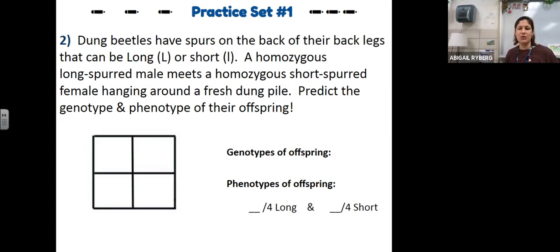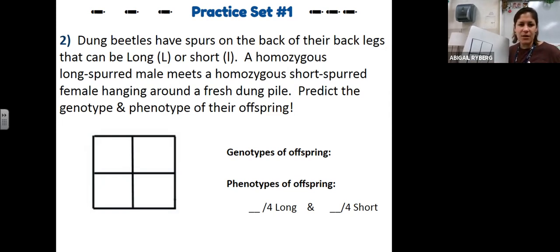Dung beetles have spurs on the back of their back legs that can be long, big L, or short, little l. A homozygous long-spurred male meets a homozygous short-spurred female hanging around a fresh dung pile. Predict the genotype and phenotype of their offspring. So again, I'm going to make my Punnett square. And I intentionally chose the letter L. Some letters are harder to use in Punnett squares than others, and you just have to be smart about it. So with L's,